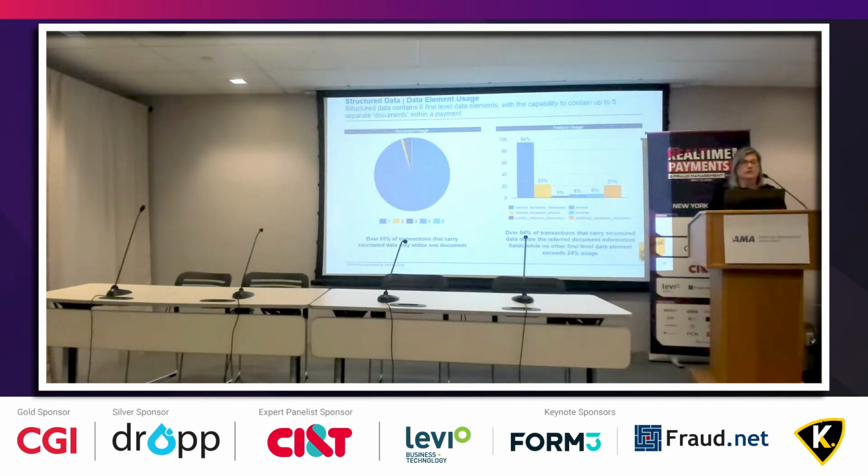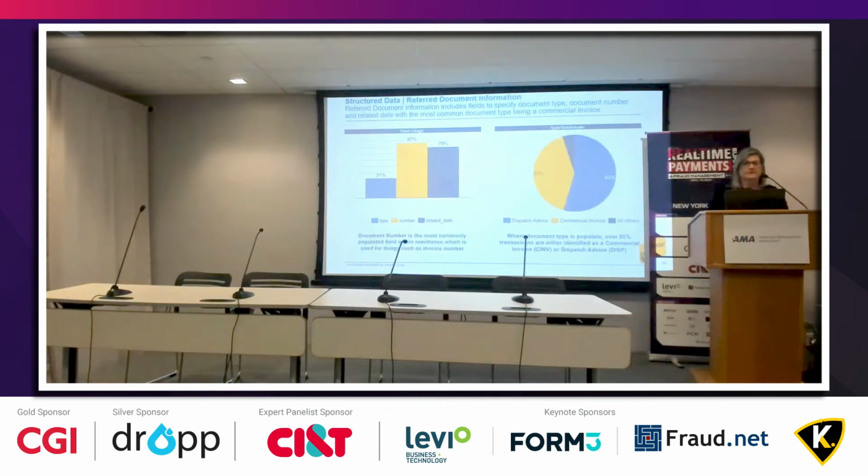What is the data? What are they using it for? It's not going to be a surprise to anyone here, so spoiler alert, it's invoices, it's invoice numbers, it's the exchange of that full loop of information. But what we do see is that even though there are many repeats, these messages are so large, they stick to one. It's one-to-one, and it's pretty basic use of the ISO message at this point. And finally, kind of data, it is the invoice number. Really, that's all it is. Invoice numbers ruling the message.